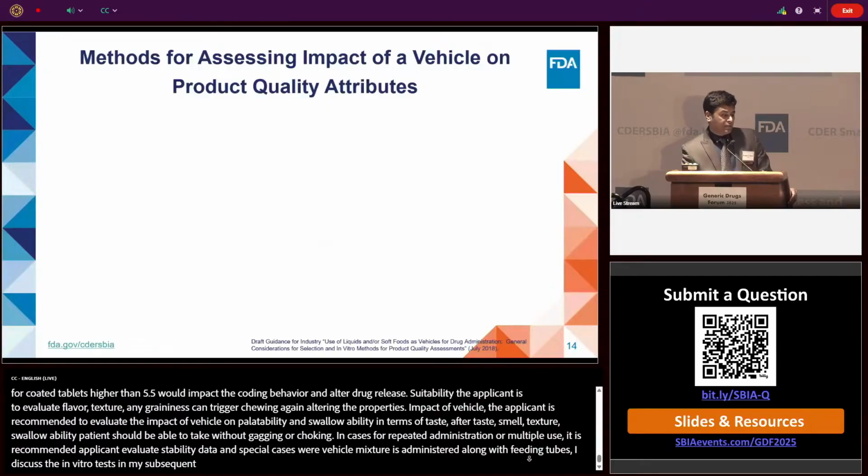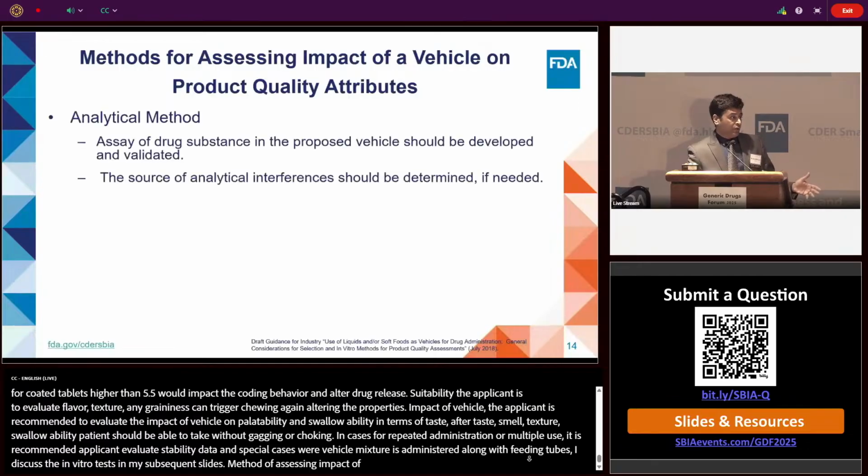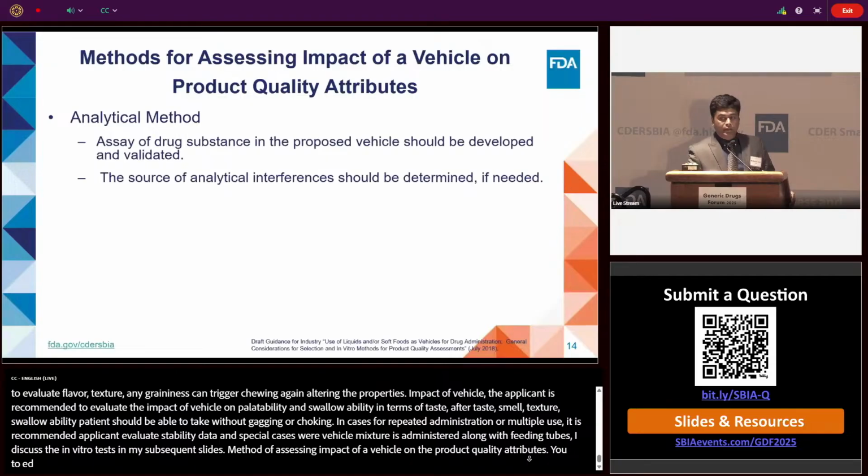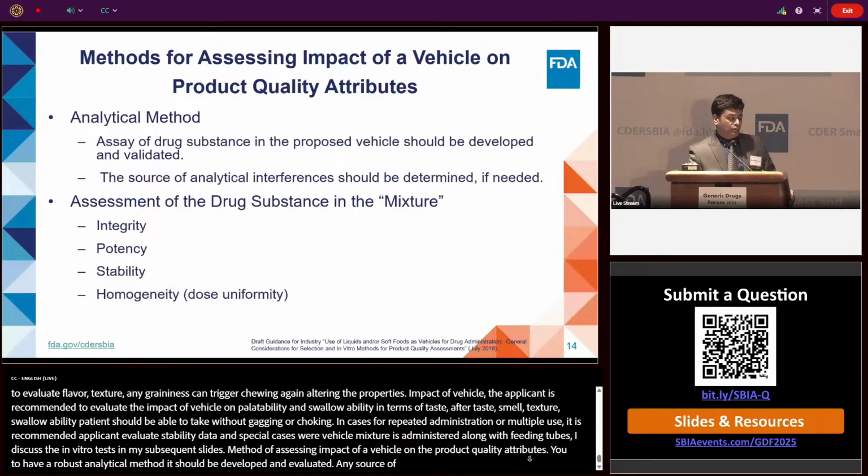So, the method of assessing the impact of the vehicle on the product quality attributes. Obviously, you need to have a robust analytical method. It should be developed and validated. Any source of interference should be determined if needed. Now, the testing, this guidance discusses